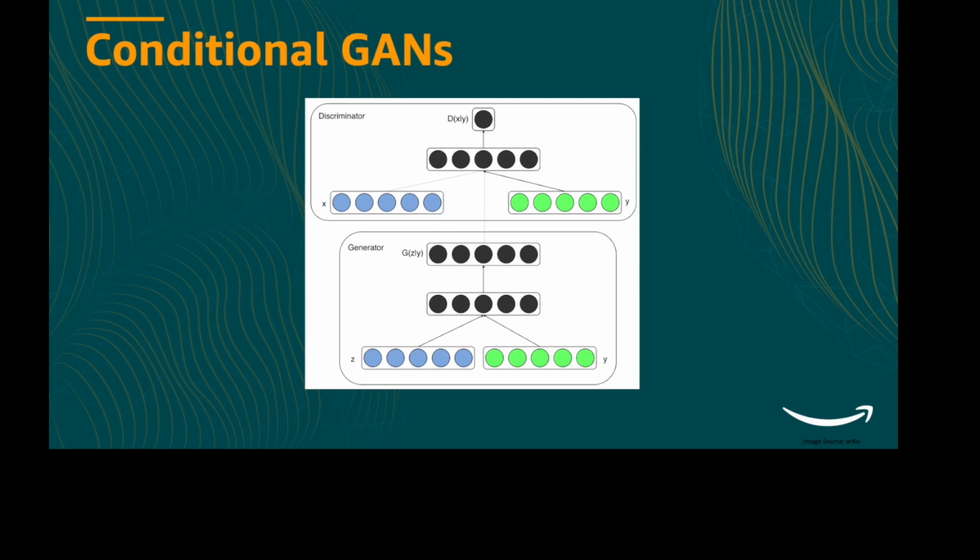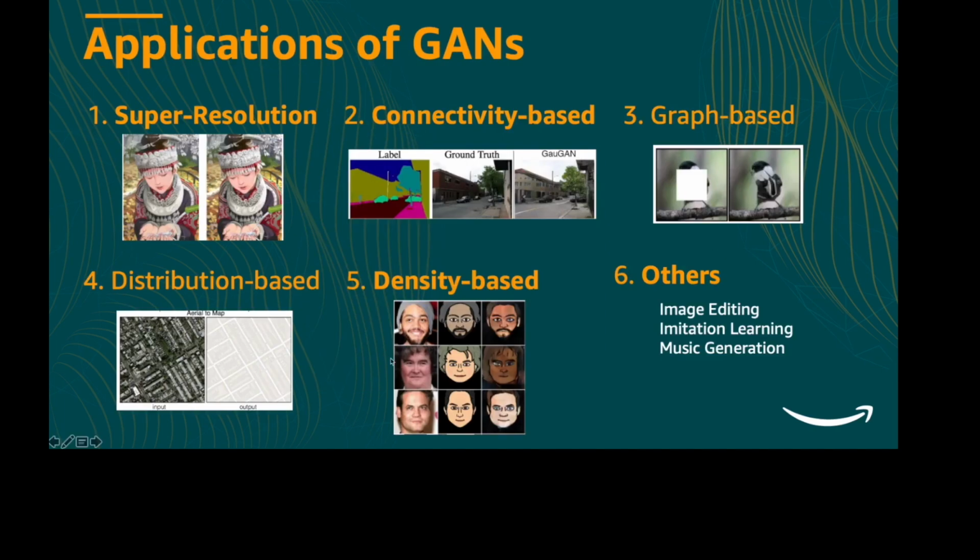Now let's look at some applications. There are many applications of GANs, and some of them you might also be aware of. Initially in the talk, I explained about improving the resolution of an image. On the left you have a low resolution image and on the right you have a high resolution image. So you can input a low resolution image to the GAN generator network, and it gives you a high resolution image. This is one very good use case for GANs.